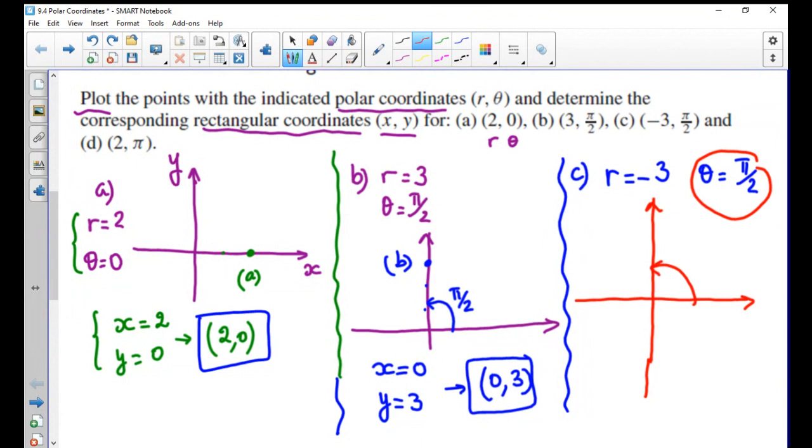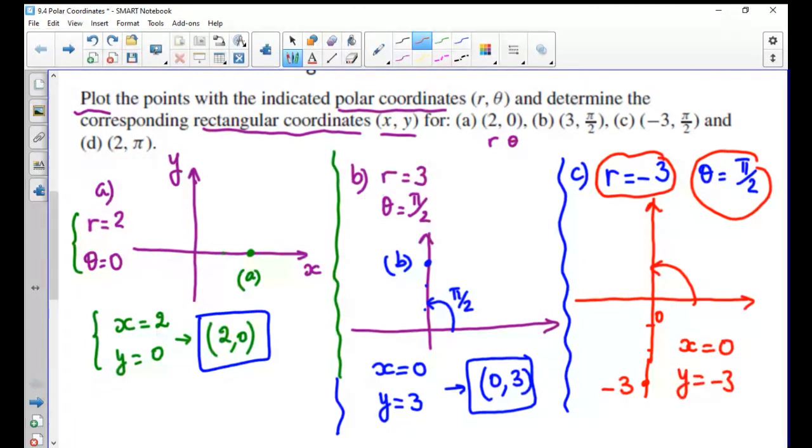And because r is negative, then you go to the other side and you put the point at -3. That's it. So because r is negative, you go pi over 2, and then you go to the other side of the origin. In this case, x will be 0, yeah,